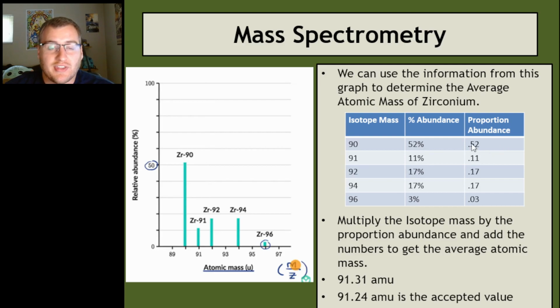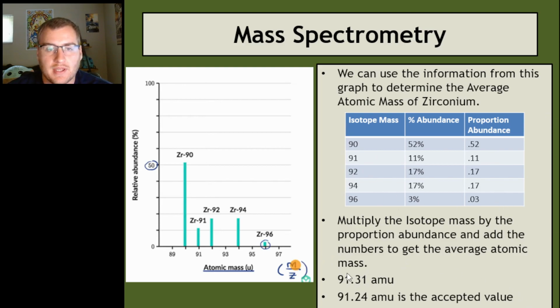Okay. I also turned that into a decimal so it would make my math easier later. Now I just repeated that with all the different isotopes, and in theory they should add up to 100% if we add up all of their different peaks. So we're going to do basically what we just did before. You multiply across, so 90 times 0.52, 91 times 0.11, multiply all 5 across, add up your answers, and you'll